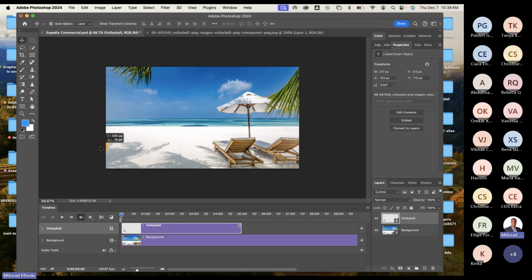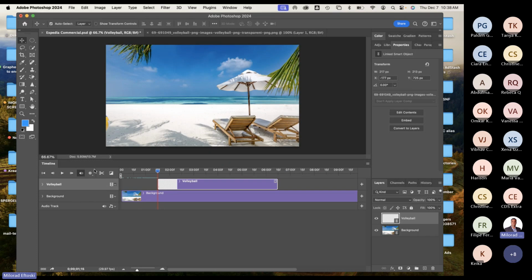So I'm going to go here. It's going to come in the middle. So nothing will happen until maybe 1.5 seconds. So I'm going to do right here, 1.5 is right here. That's when the ball gets introduced. So I'm going to open up the volleyball